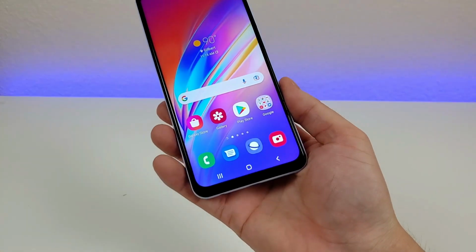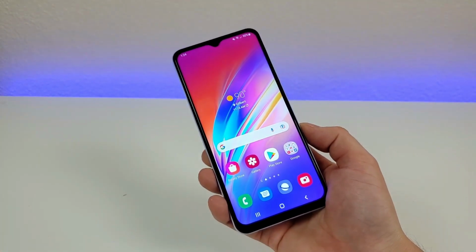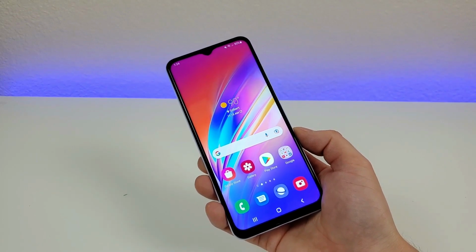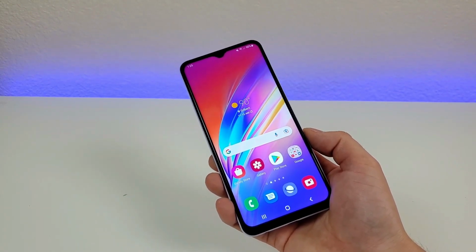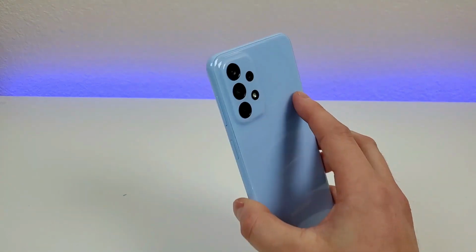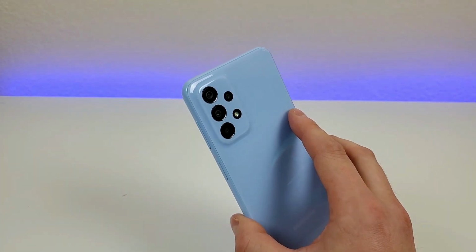And if you want to see a variety of different photo and video samples, then stay tuned for my full review video about this device. But essentially, no, you're not getting the best photo quality out there by any means, but for a lower end device, we are getting good enough image quality, but also more importantly, we're getting a bunch of different options here